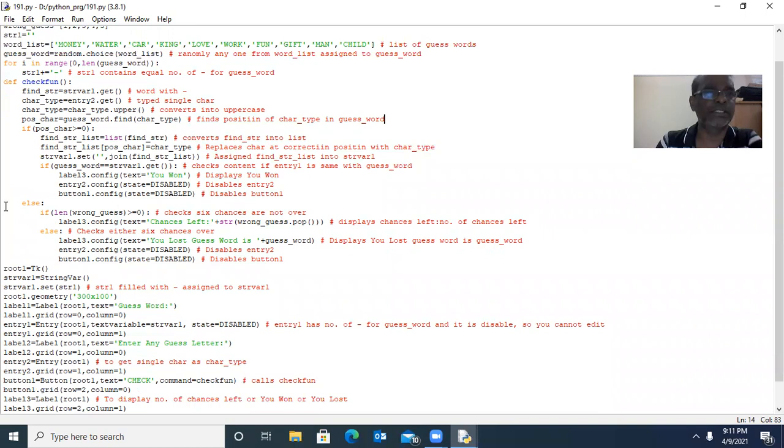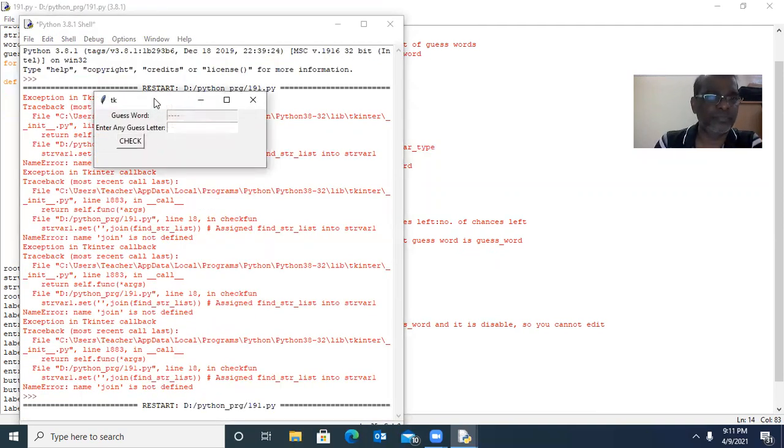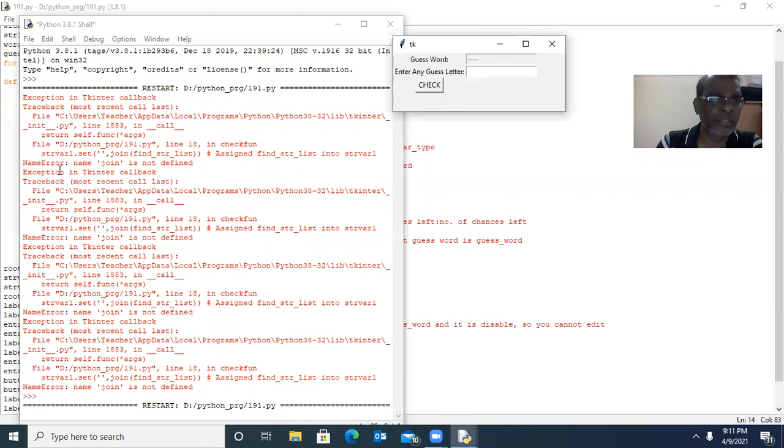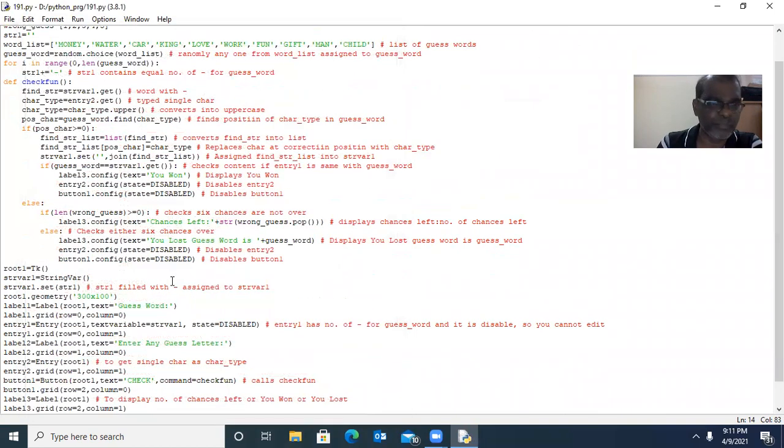First time it worked, second time it didn't work. You can try it once again. Here is the mistake. In join, I made a mistake. It should be dot, not comma.